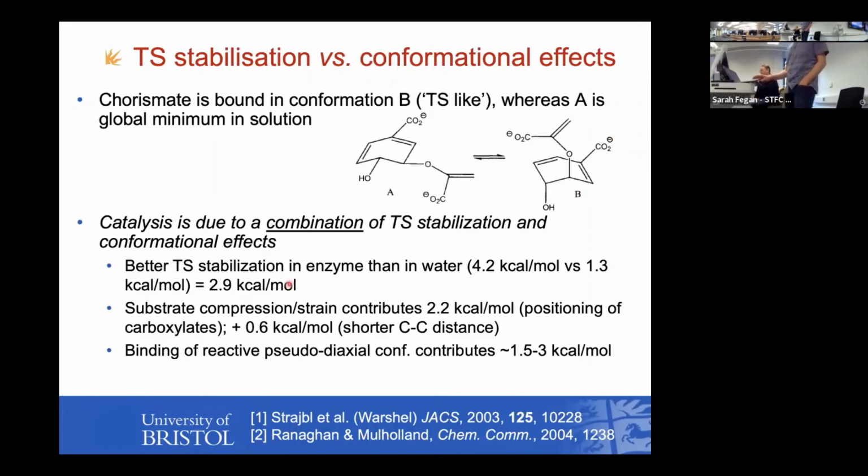So I won't go into too much detail here, but different groups using different methods have also calculated how much the contribution is of this equilibrium. How much does it cost? So the binding of what is then called the reactive pseudo-diaxial conformation, it's conformation B. So, you know, generating that contributes a certain amount as well to the